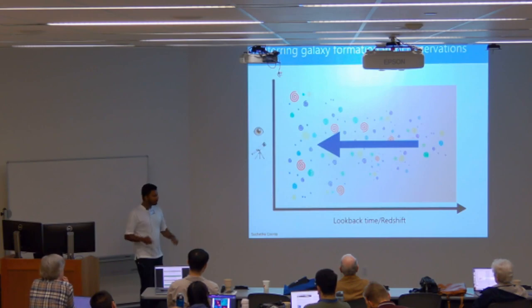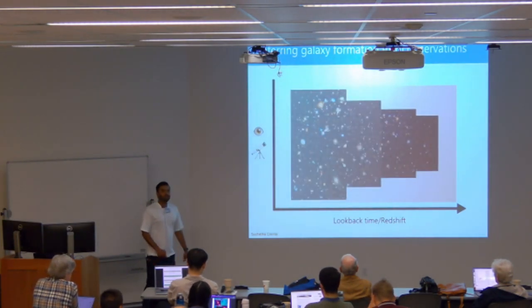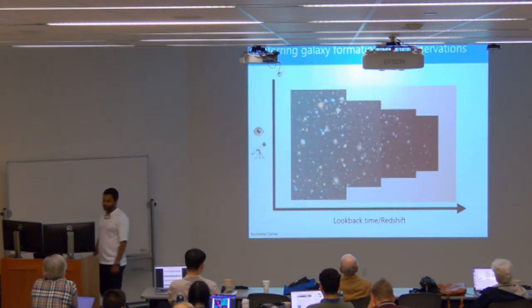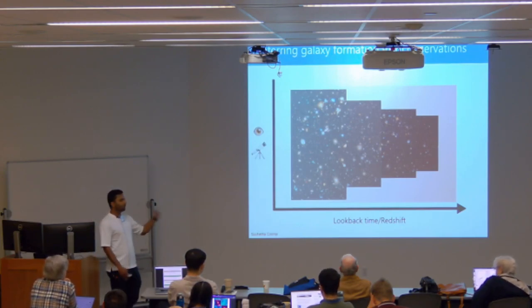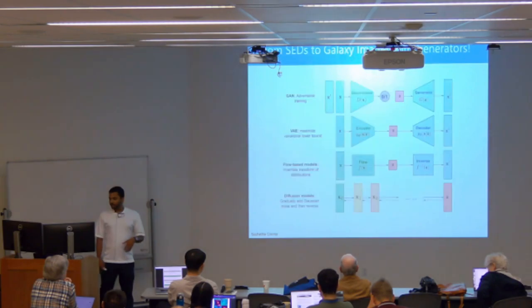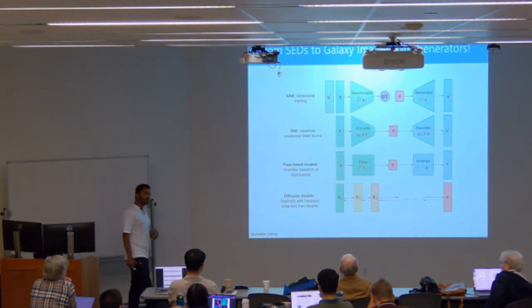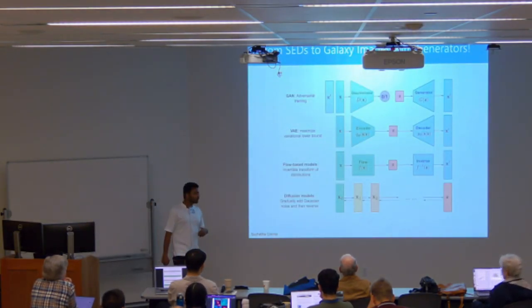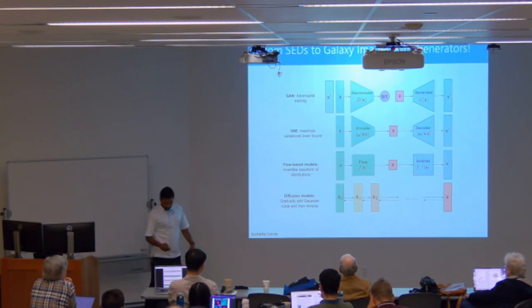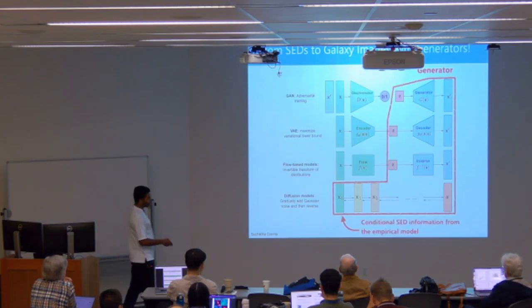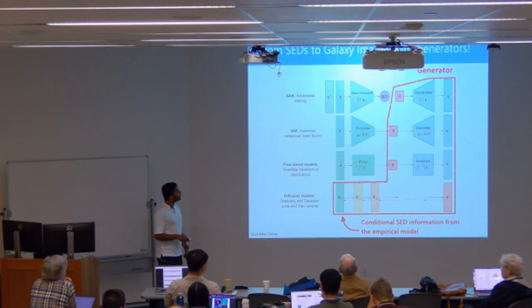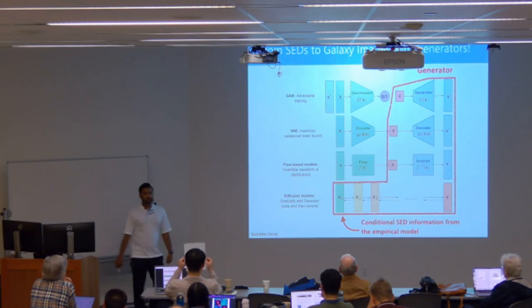into a self-consistent model, but we observe images, right? So how do we go from modeling up to SEDs, to now modeling up to images? And that's where I think we can use some machine learning techniques like generative models. So these are some of four types of generative models. I've done all of them. But essentially what it means is you can get conditional information coming from an empirical model, and use these generators to generate images.